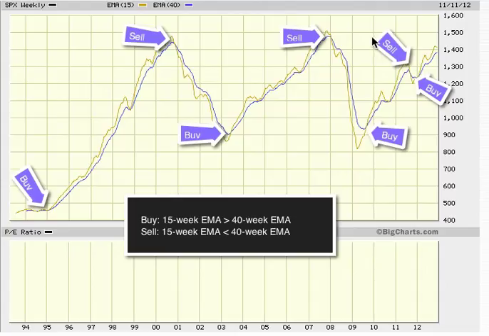So really that's how I utilize exponential moving averages to make intermediate term market signals of being in the market, 15 above 40, being out of the market when 15 is less than